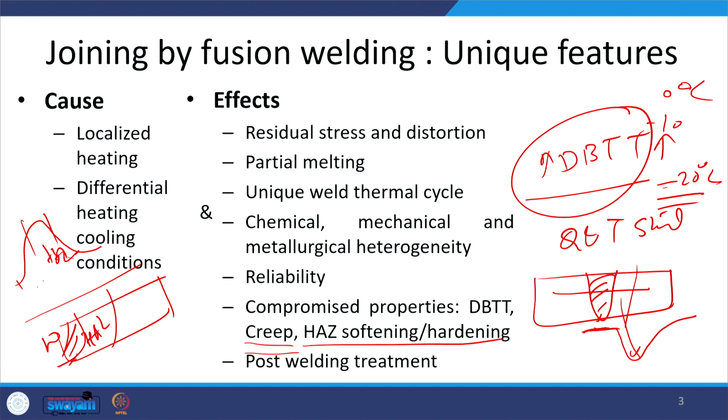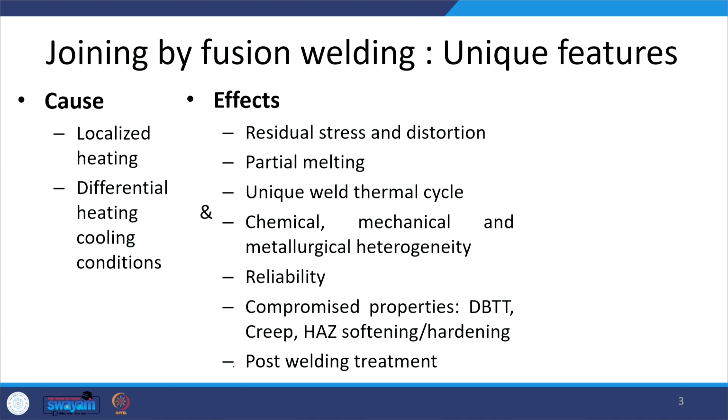Say if you use a filler metal, then the hardness of the weld nugget or weld zone will be lesser than the heat affected zone. So, the heat affected zone can experience higher or lower hardness depending upon the metal or the condition in which the metal is. Q&T steels experience softening, but steel in the annealed condition will experience hardening. Then, there is a lot of heterogeneity in terms of composition, microstructure and mechanical properties,